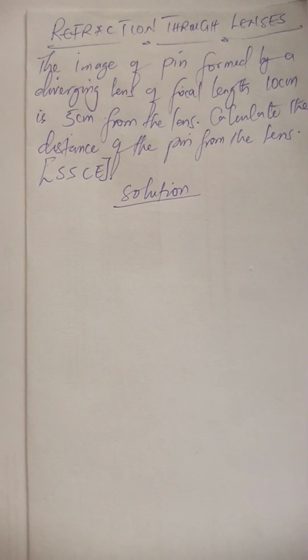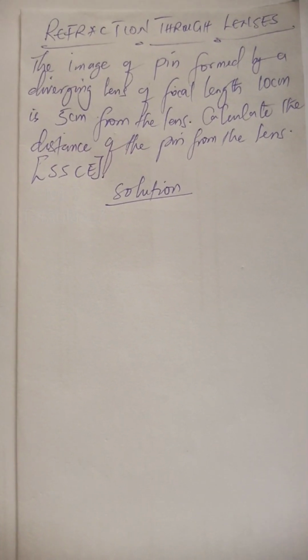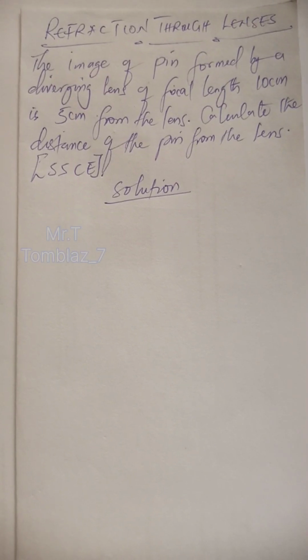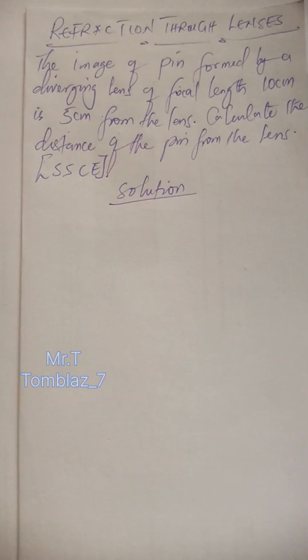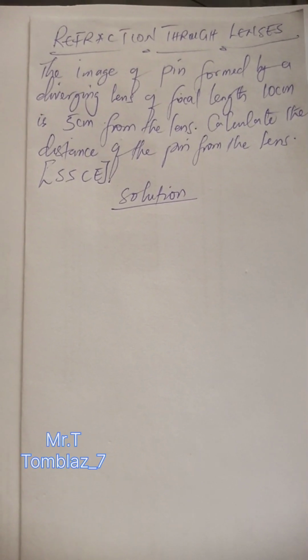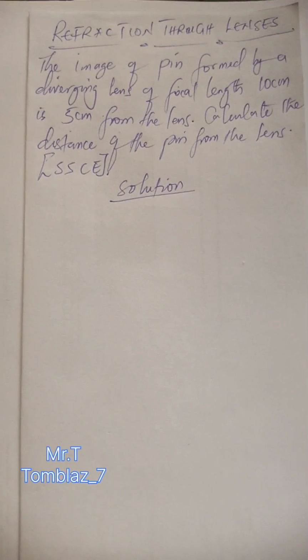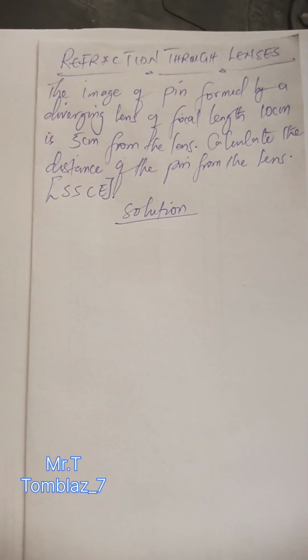I have a question from Refraction Through Glasses. The question says the image of a pin formed by a diverging lens of focal length 10 centimeters is 5 centimeters from the lens. Calculate the distance of the pin from the lens, and it is an SSC question. Alright, so